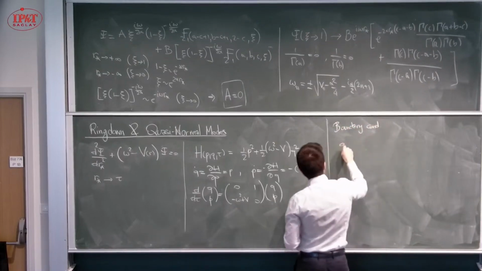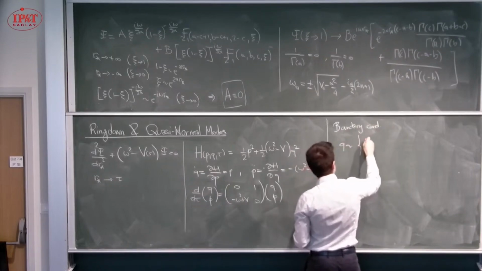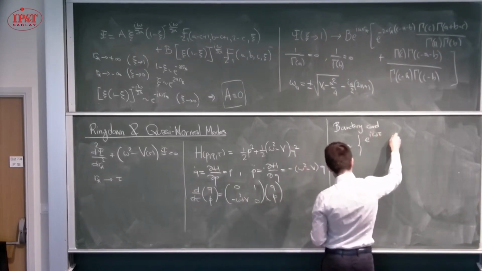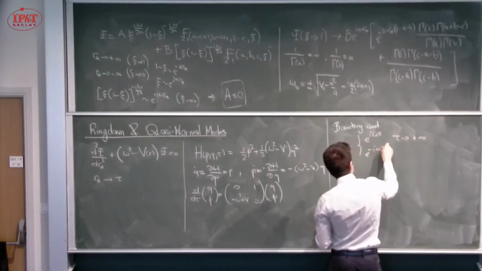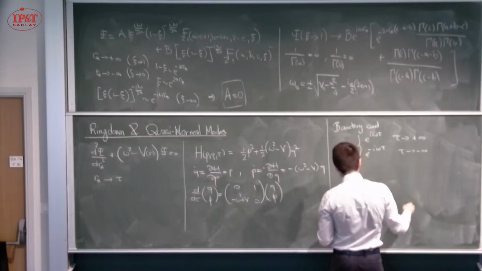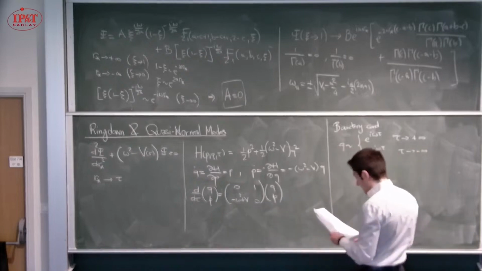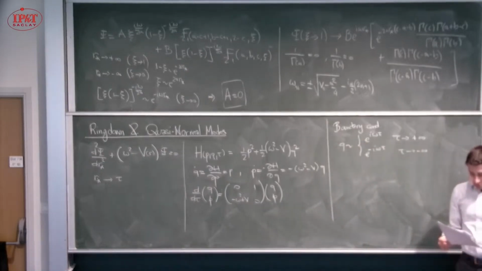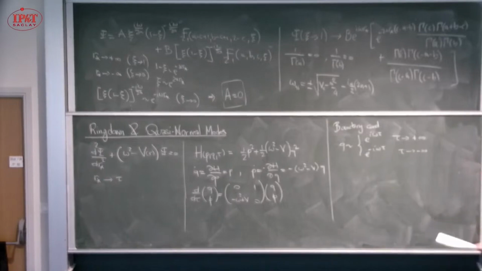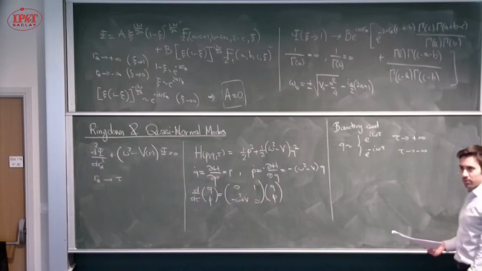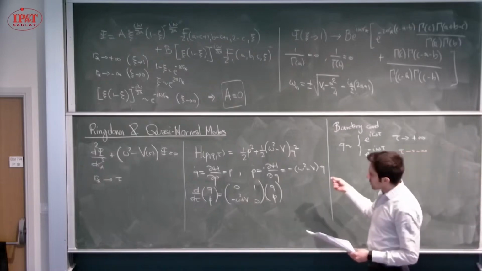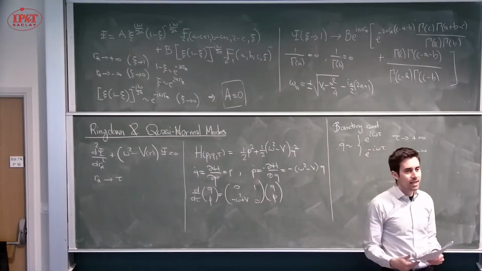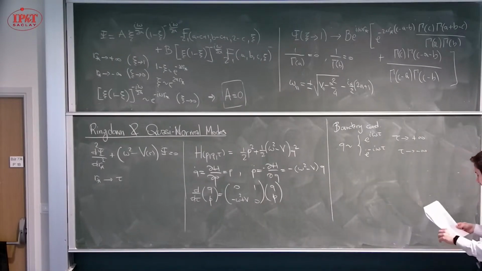Boundary conditions means that Q is essentially e to the I omega tau for tau going to plus infinity, and e to the minus I omega tau for tau going to minus infinity. Okay? So this is completely equivalent to the previous problem, just rephrasing the problem in slightly different language. So if the potential goes to 0 sufficiently fast at large values of tau,